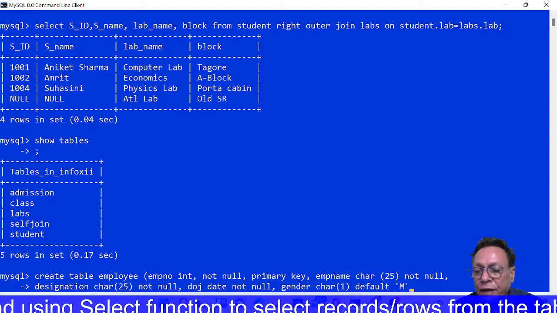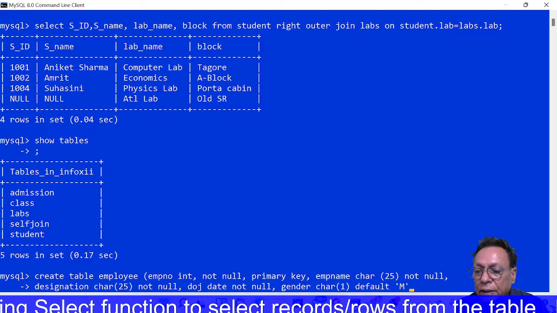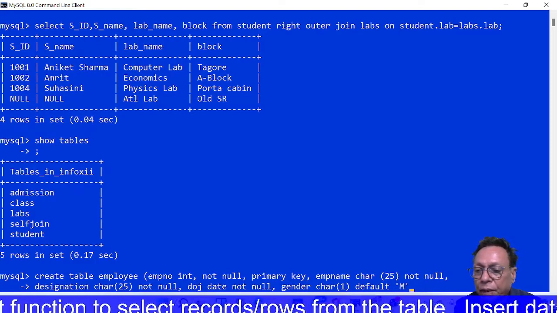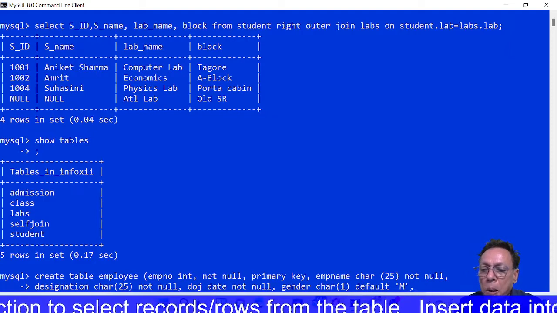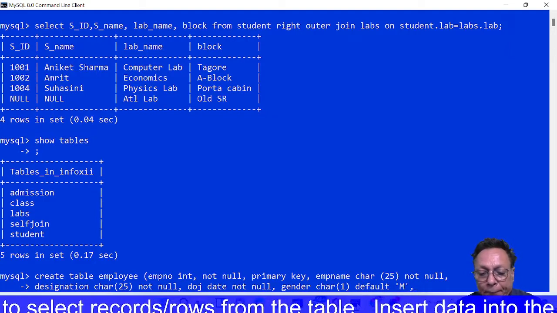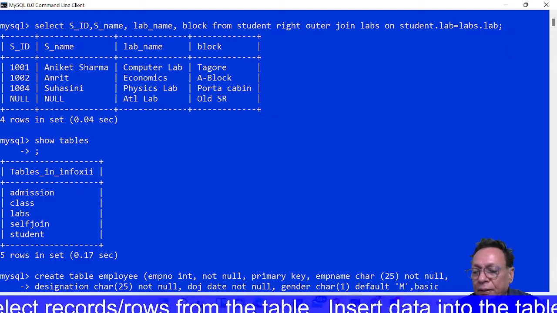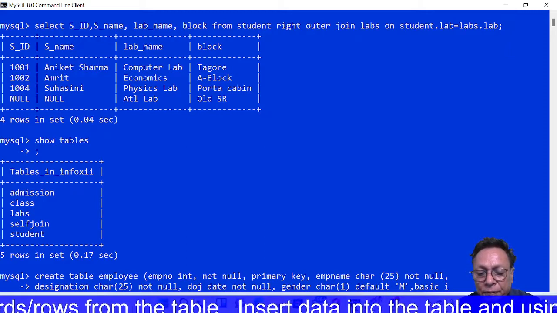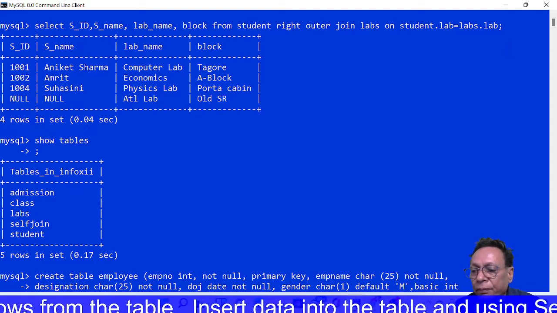After that I am going to take another attribute, that is basic salary, and it is of type integer,